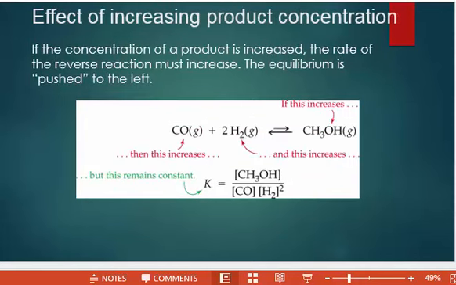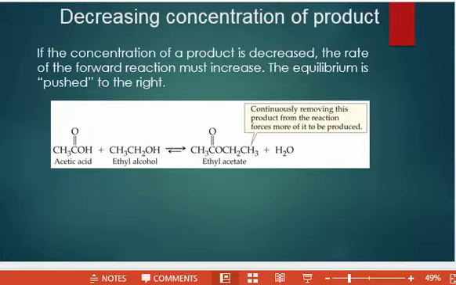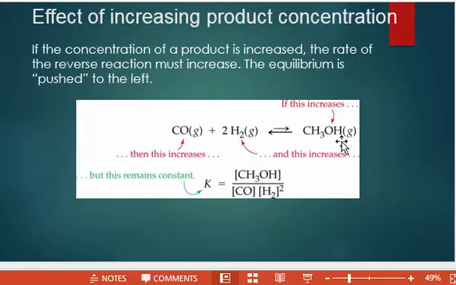On the other hand, if we added more methanol, which is a product, to the system, the reaction would shift to the left. The concentration of carbon monoxide and hydrogen would increase as the system reestablishes equilibrium with new concentrations. The concentrations of chemicals can change, but the ratio of products to reactants at equilibrium will always be the same